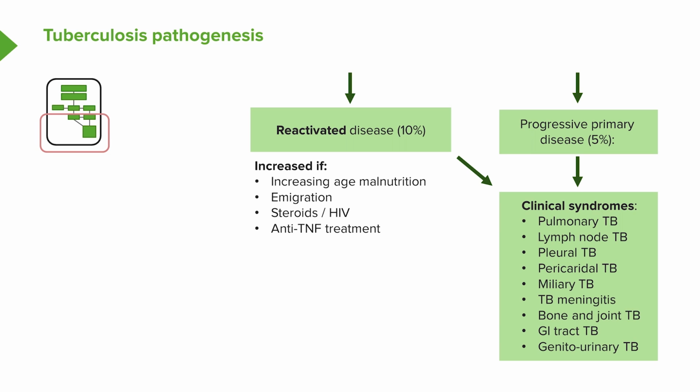A slightly unusual finding, and the reason why this occurs is not known, is that if you emigrate, you actually also increase the risk of reactivated disease. So in the United Kingdom, for example, we have quite a lot of people emigrating from countries with high risk of tuberculosis who have latent disease. And within 4 or 5 years of arriving, they frequently develop reactivated tuberculosis.